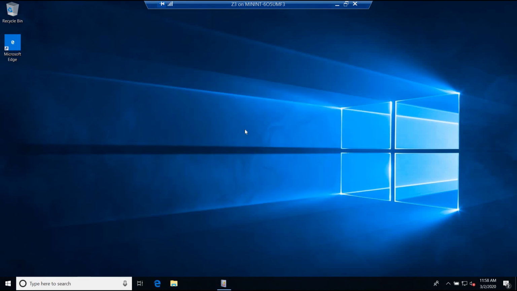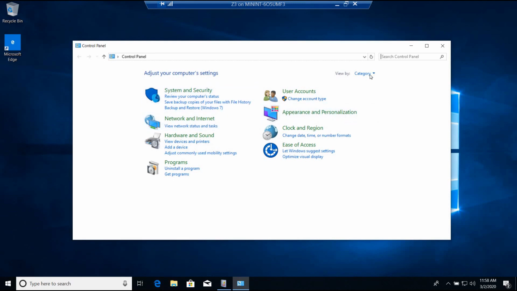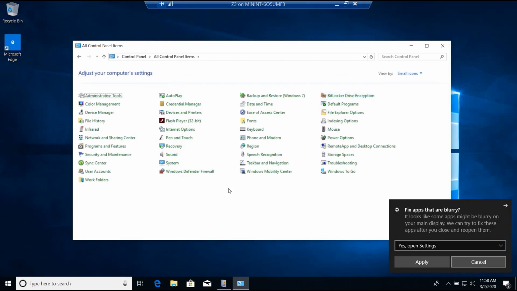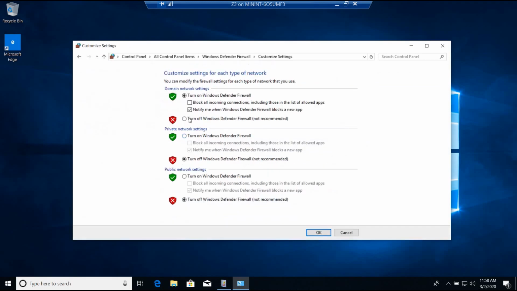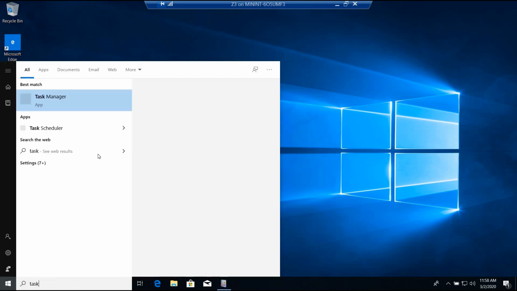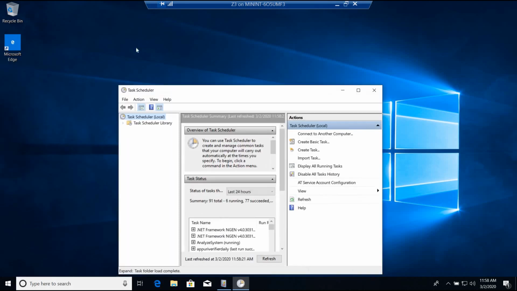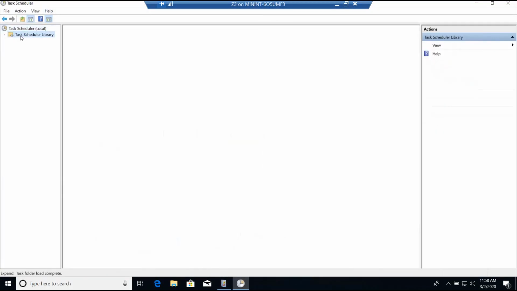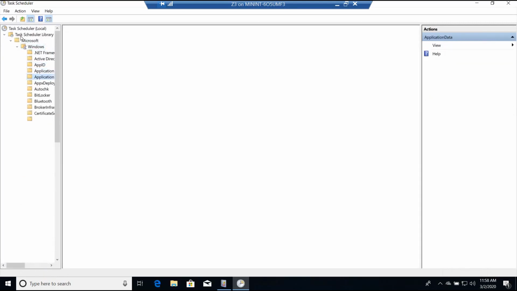All right. So one more thing that I would like to do is switch off the firewall. I don't want the firewall to mess with anything, right? So I'm going to turn it off. Then I'm going to open up the task scheduler, and once the group policy comes down to this device, you will see that a node gets created